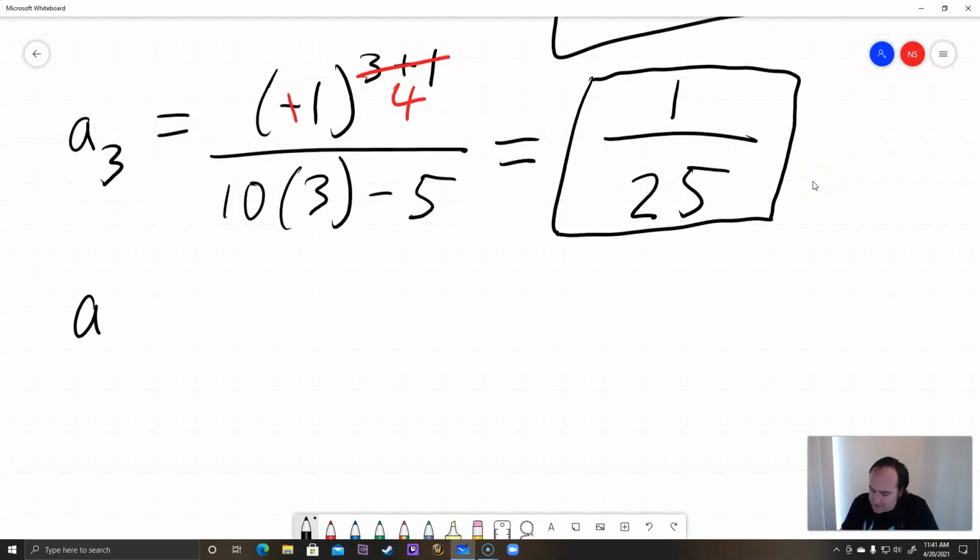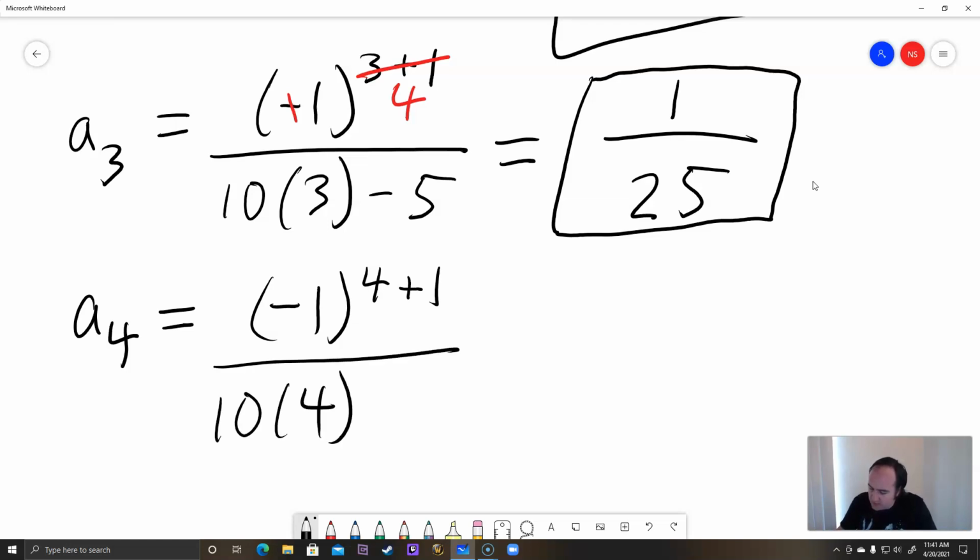Okay, so our fourth term is a4. So plugging in 4 for n, we're going to have -1 to the 4 plus 1 all over 10 times 4 minus 5. Okay, so 4 plus 1 is 5, and 5 is actually an odd power. So remember, a negative raised to an odd power is always negative. And if you don't believe me, you can just write it out. -1 to the 5th power is -1 times -1 times -1 times -1 times -1. 4 of the minuses are going to cancel, but there's going to be one minus left over,